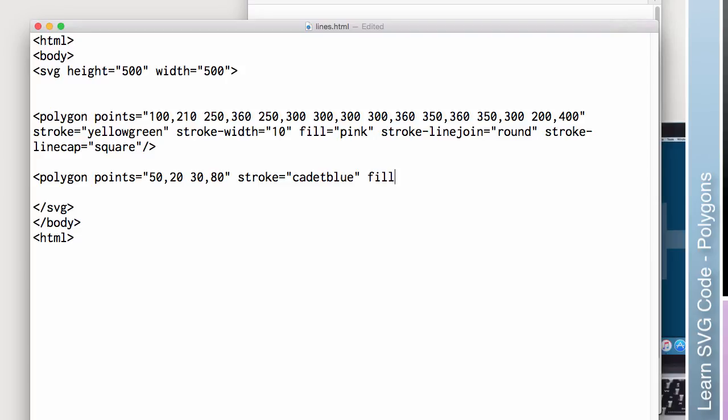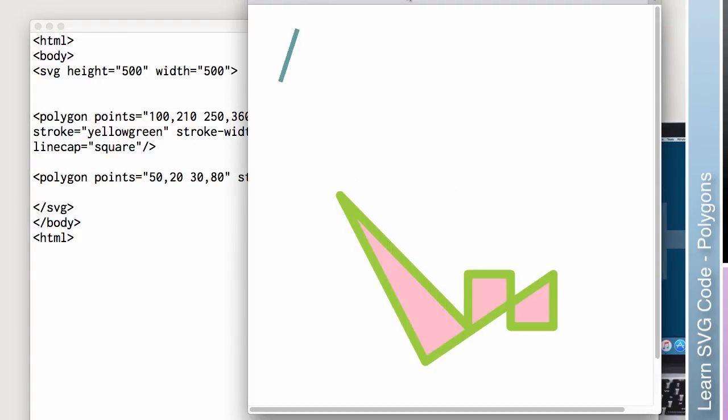And we can do fill equals orange. And, oh, we need a stroke width. We'll say that stroke width equals 5. So if we save it and we refresh this, all right,